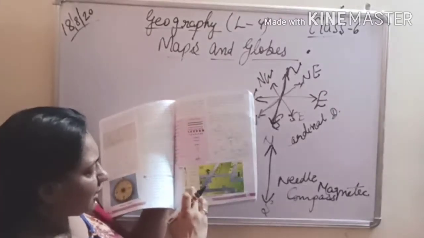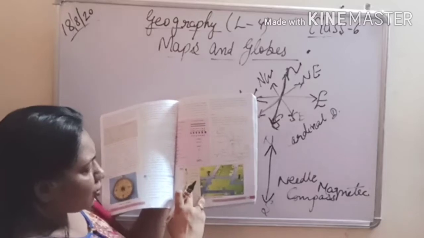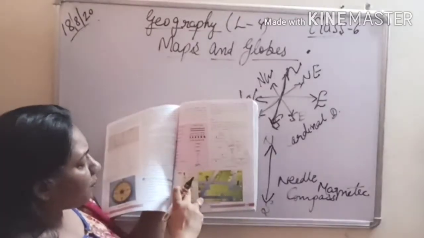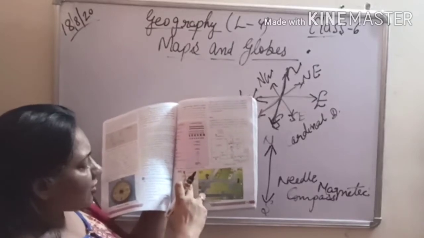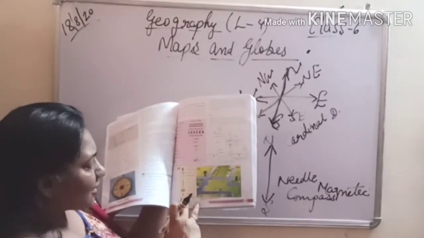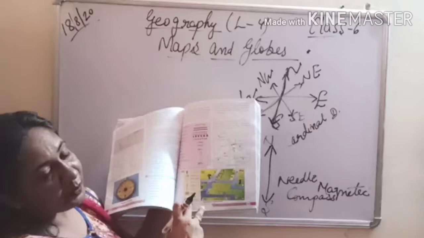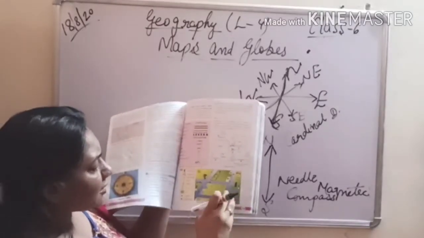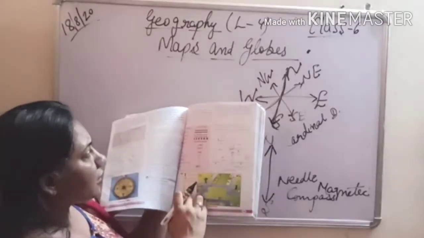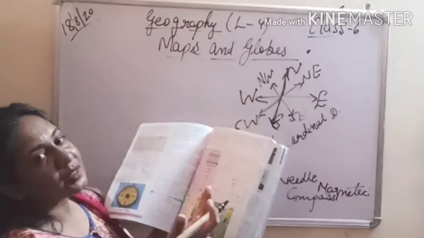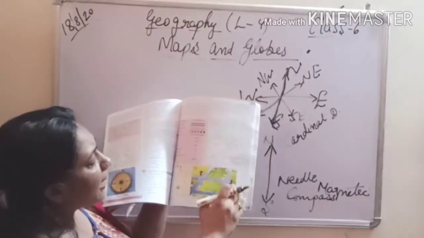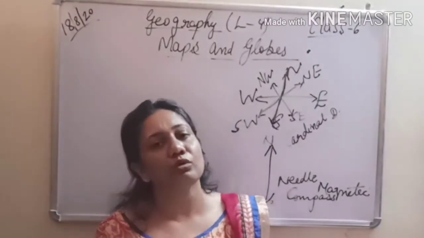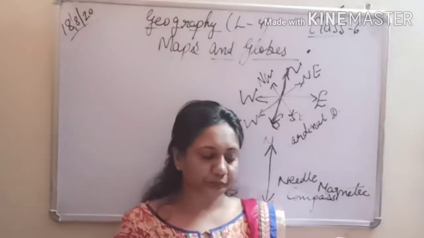For church we have this, for temple we have a drawing of a temple, for school you can represent by S, and then for petrol pump like this. Then this is a symbol of cinema hall. Then park is represented, hospital always with a plus sign in red color, and post office like this. So you can represent it with these types of symbols. It is nothing but a rough drawing, a layout you can say, and this is known as a sketch. We don't use any scale to draw a sketch.